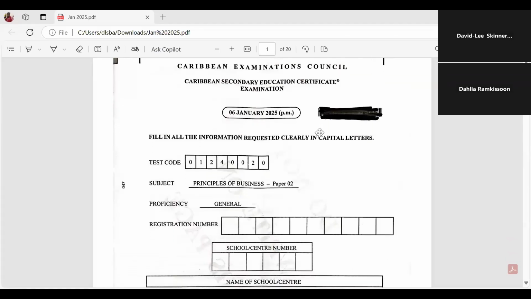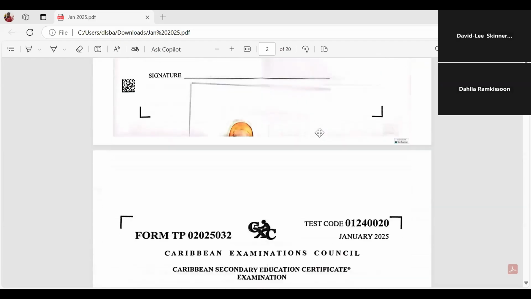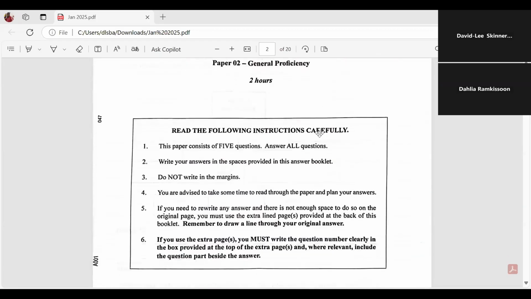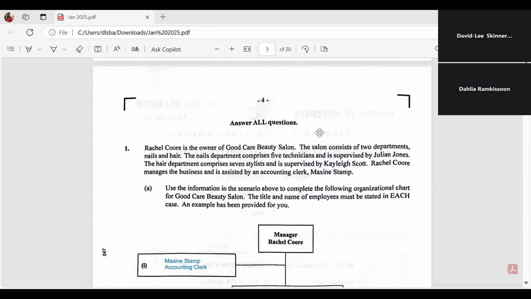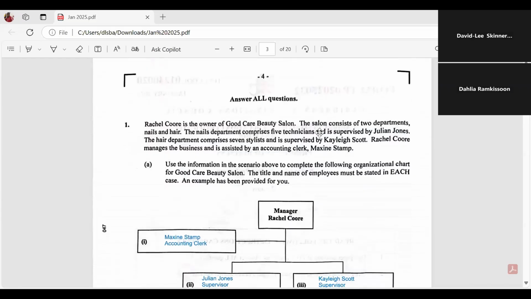So this was January 2025. And in my humble opinion, it's kind of easy. It's kind of easy. So they said it starts off with Rachel Cole is the owner of Good Care